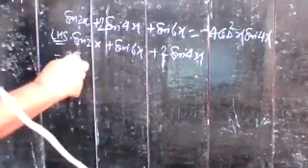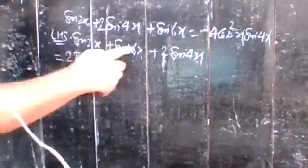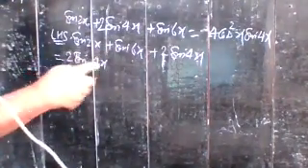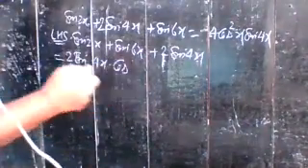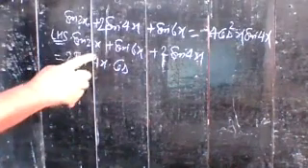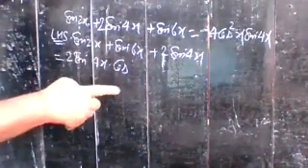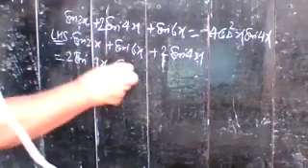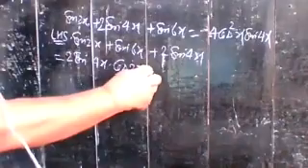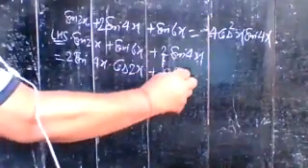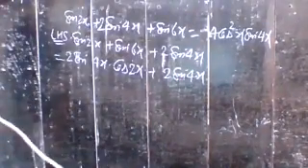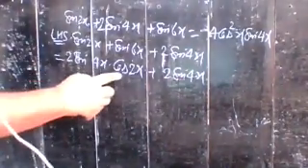So write it 2 sine (x plus y) by 2. Here you have 8x, and 8x by 2 is 4x. So here you have 2 sine 4x, and into cos (a minus b), that means (x minus y) by 2. So here you have minus 4x, but you know cos of minus x is equal to cos x. That's why you can write here cos 2x. You write here cos 2x plus 2 sine 4x. 2 sine 4x you write here as it is. Okay, so 2 sine 4x into cos 2x.